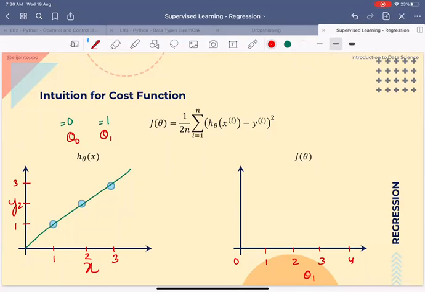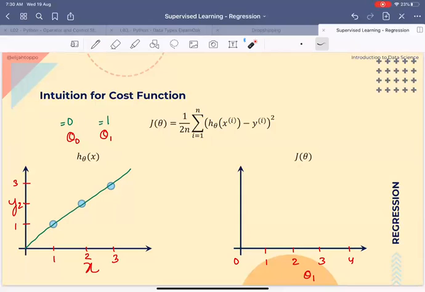Okay. So cost is basically what? Cost is our prediction minus the actual value, and the square and sum of all these cases. So our prediction for the first data point. For i, this will translate to 3 points, right? i will go from 1 to 3 because we have only 3 data points.